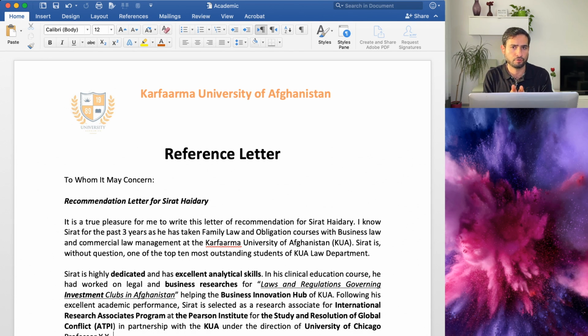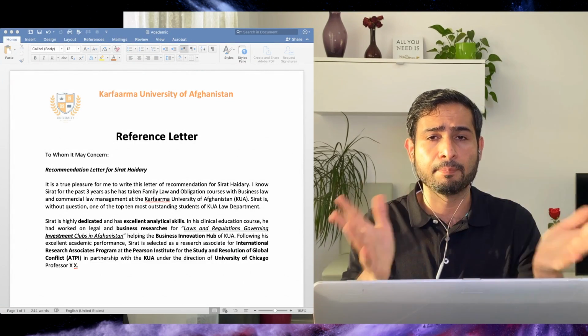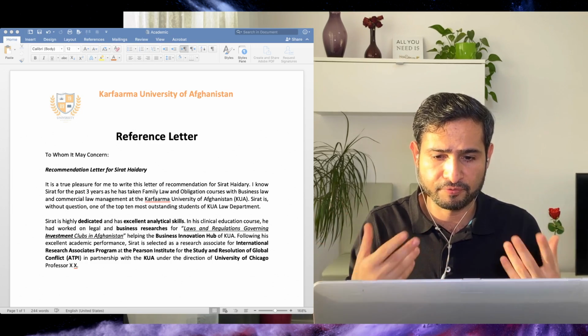I think as a professor, something that you can get in this kind of paper is that your professor can explain that you did excellent analytical skills in writing a paper about the economy of your country, or if you're a doctor, doing very complex operations you did during your internship, or if you are an engineer, you have been designing or giving ideas for the professors or for your university. Of course, definitely you have some kind of associations, or some kind of club, engineering club. If you work there, you have done great achievements.